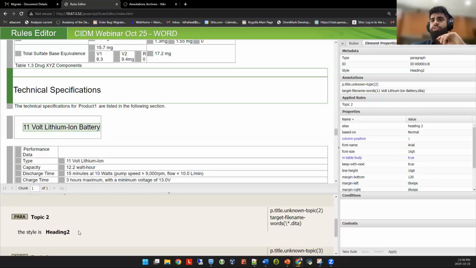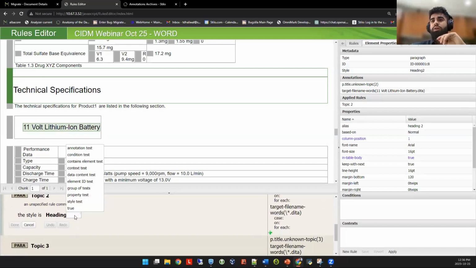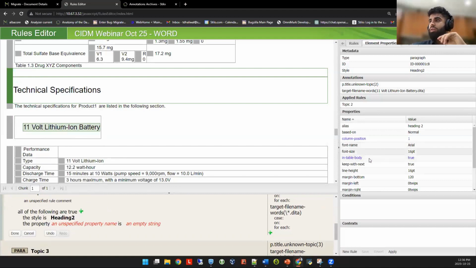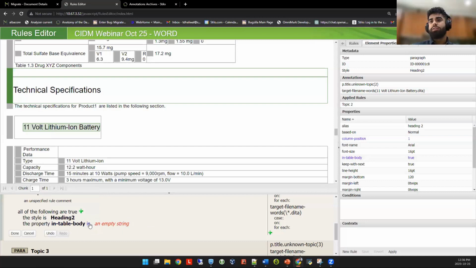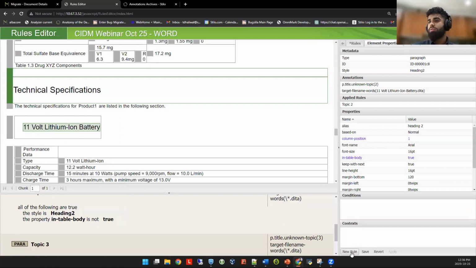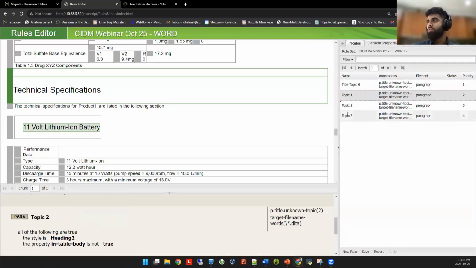So we'll just add another condition in topic 2, a condition that tests the property. We know we have a property here on our right, once we click the actual content, whether it's in the table body. It tells us whether it's in a table, and it's true. So we want to say property in table body is not true. And like so, we want to make a new topic 2 rule,